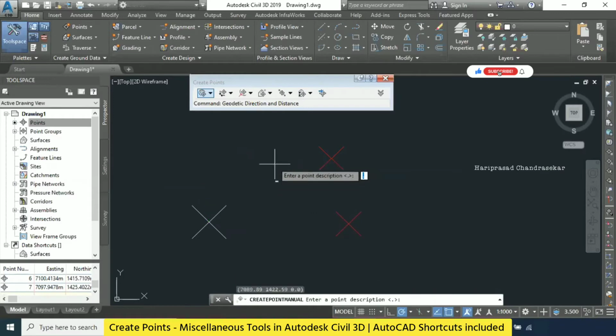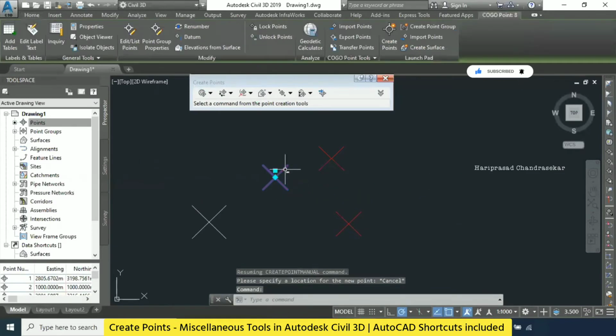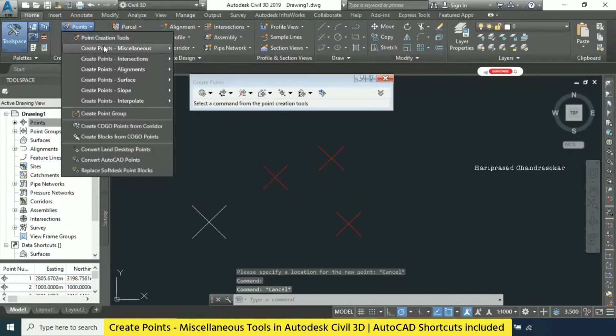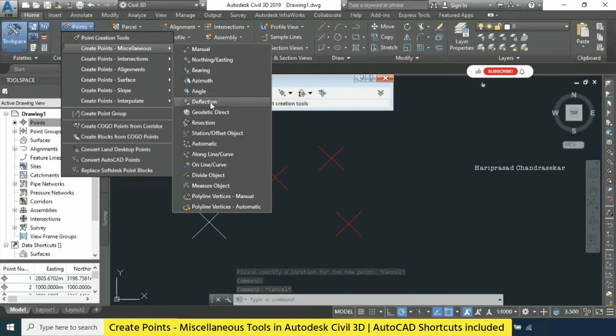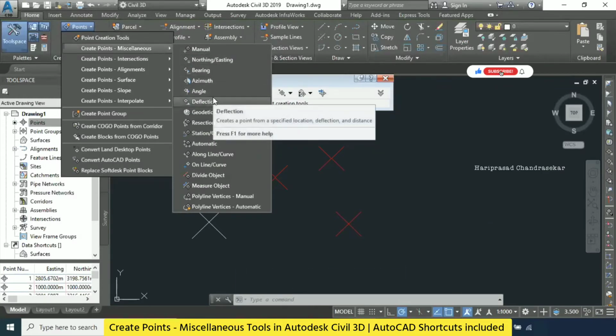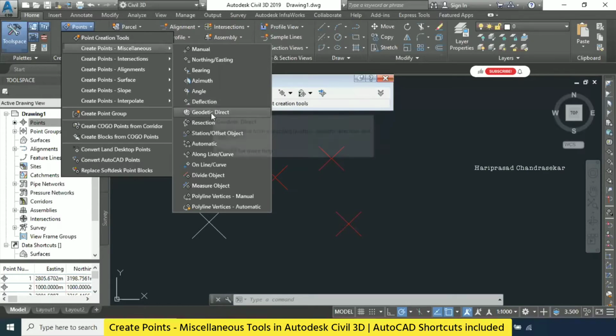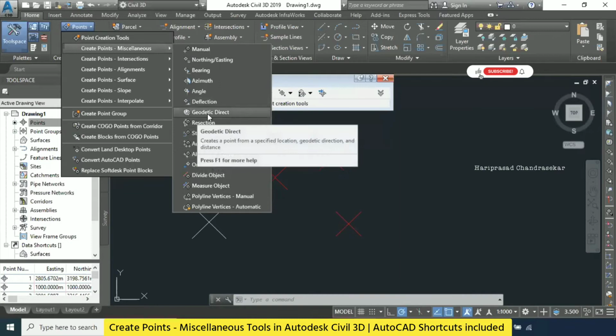Also, now you can go for description. See, now we created it where you click. All the points you are creating come under the P1 description. Then we can work accordingly. Whatever number you are adding, it will automatically add to the subject: 1, 2, 3, 4, 10. Okay. And then we can go for geodetic direct.